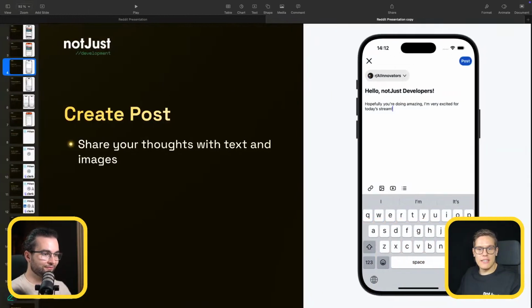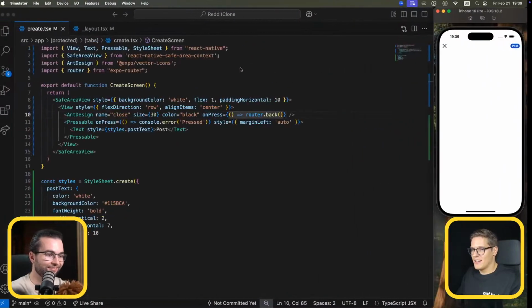Now we need to quickly create this selector. It's going to be functional, but right now I think